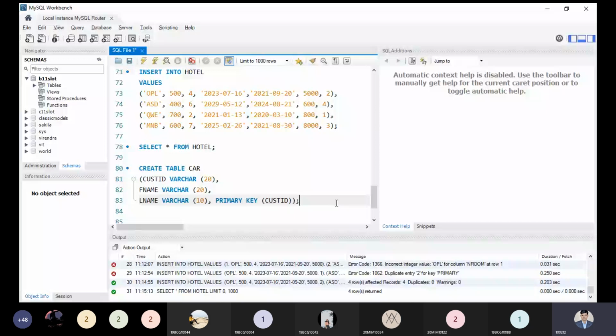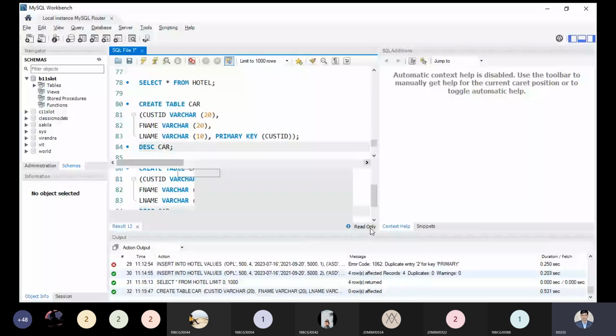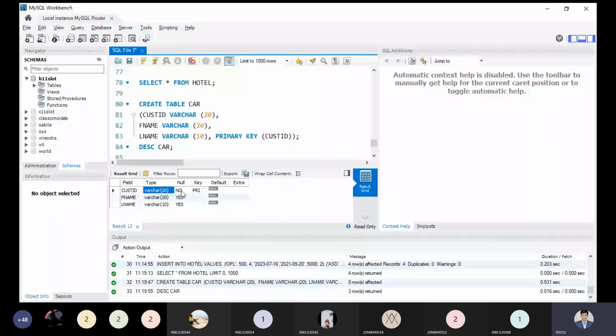This is created. Now let me show the description. Describe the table. You can see customer ID, and NULL cannot be accepted, and primary key. That is the point we have to keep in mind while creating. So you can create the table along with the primary key as well. If you try to insert the customer ID as 1112 or whatever you want, the same type will be generated as null.